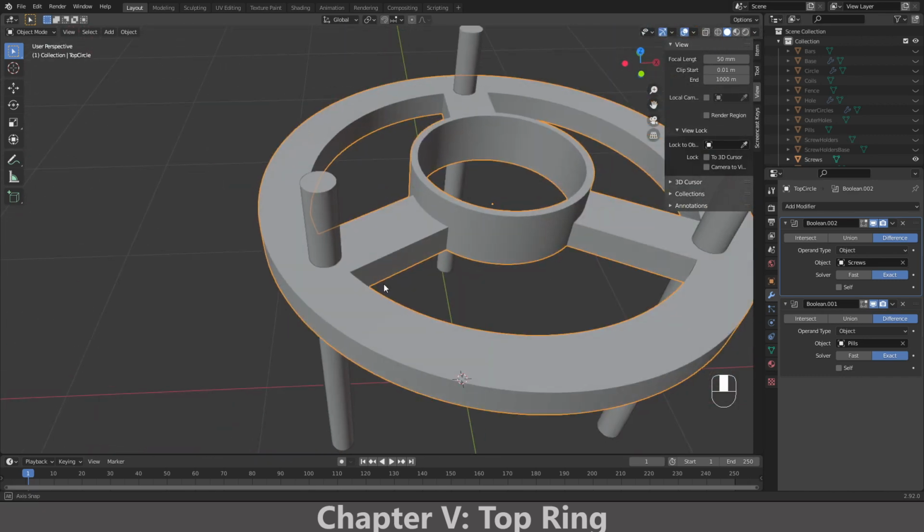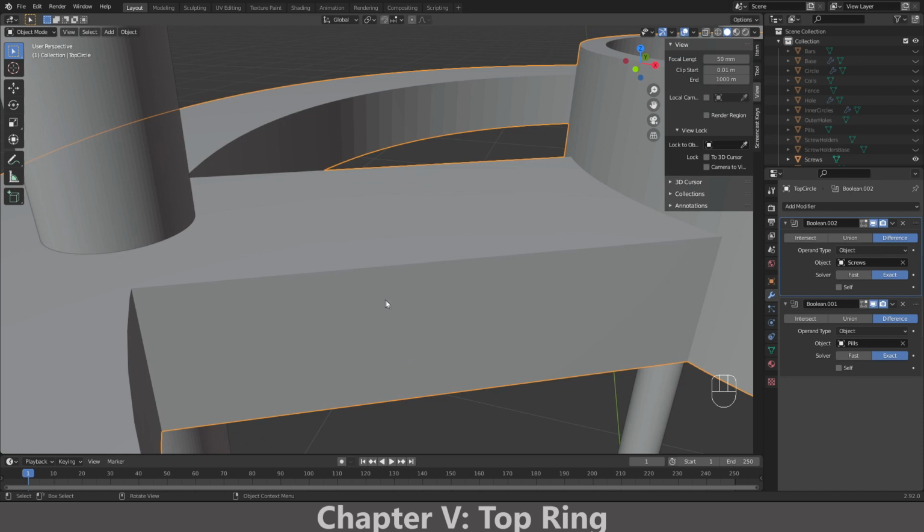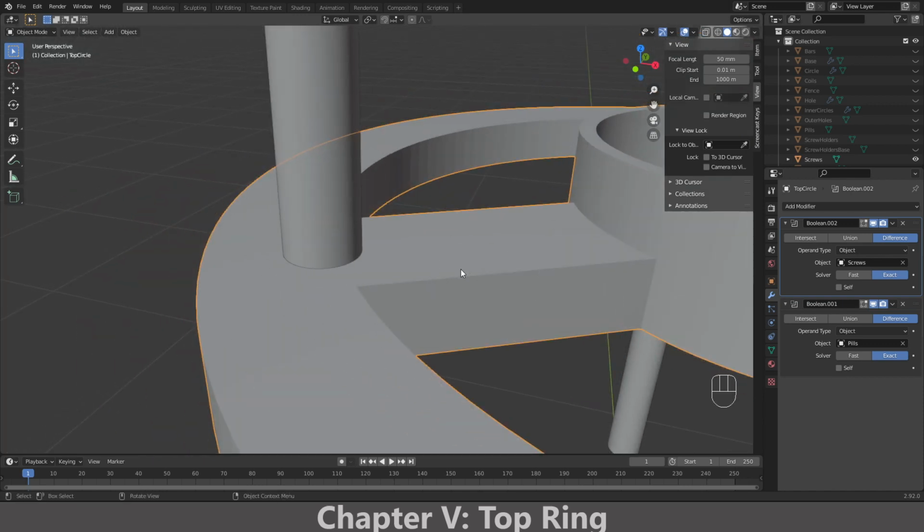You want to merge two objects, or you want to create a hole, and you have two objects which have completely different sizes, then the boolean modifier works perfectly. But for example, in this case, where this cube has the same height like the outer circle,